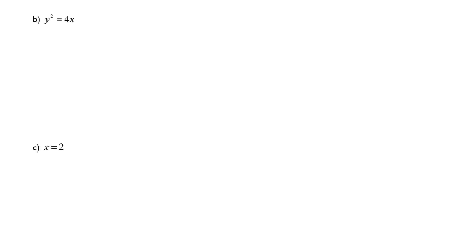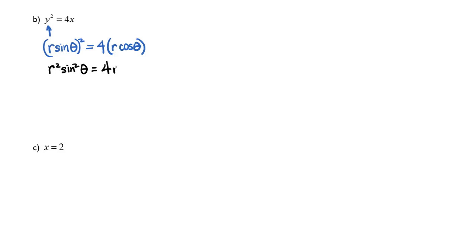Here we have y squared equals 4x. So I'm going to replace the y with r sine of theta and square it. On the right side I have 4x, and I'm going to replace the x with r cosine theta. This gives me r squared sine squared theta